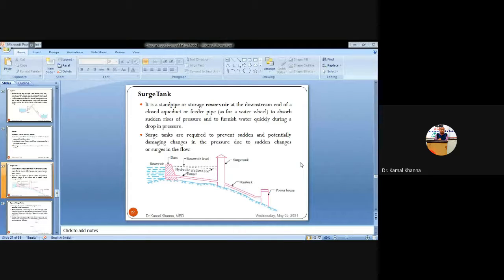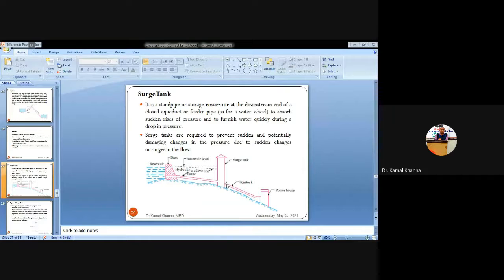And then we are again gradually opening the gate valve, that is the right hand side gate valve. You can see the cursor of the mouse. So here we have the second gate valve, which is installed in between the surge tank and the penstock. And whenever you gradually open that gate valve, the water is transferred from the surge tank to the penstock, and again you can see, the whole of the pressure energy and